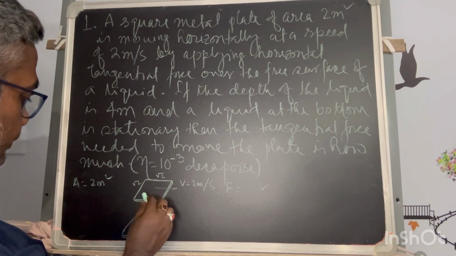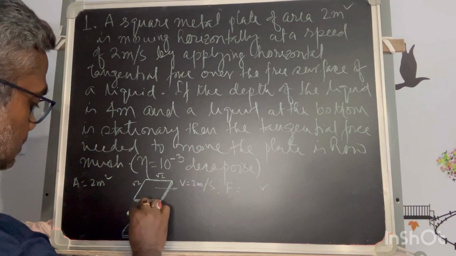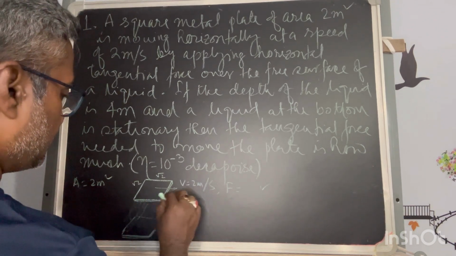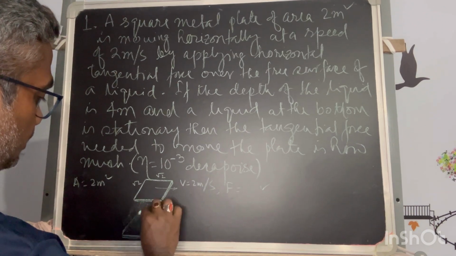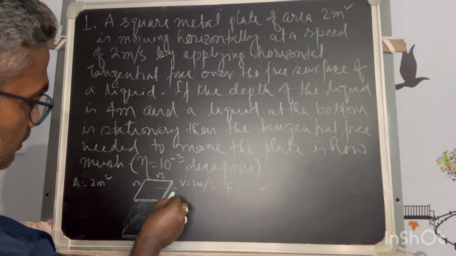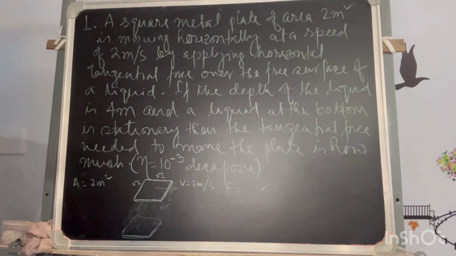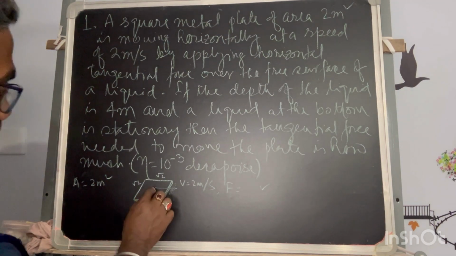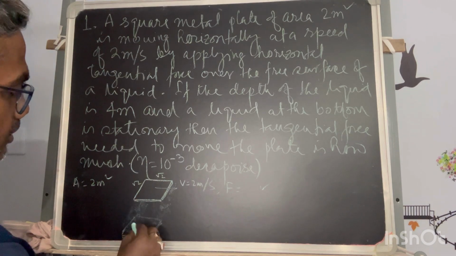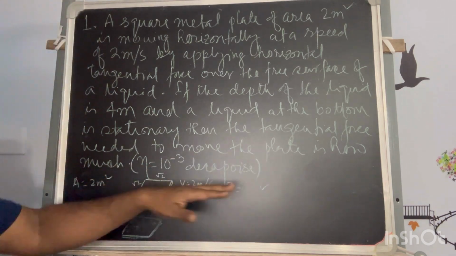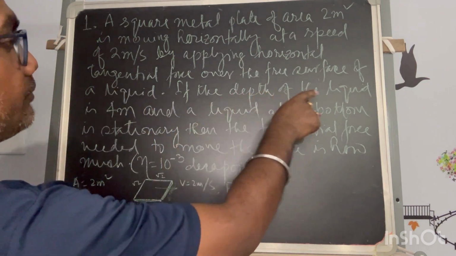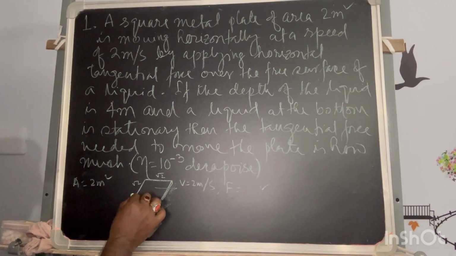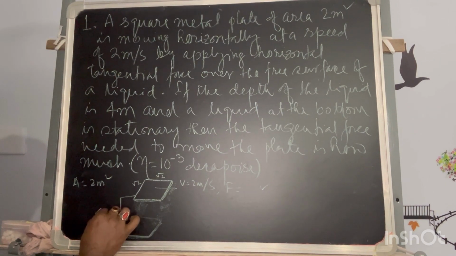And in between, some liquid is there. You can think of the liquid as being bounded, so that we can think of a liquid inside it. The layer just adjacent to this plate is getting a tangential force on the free surface. Fine. If the depth of the liquid is 4 meter,